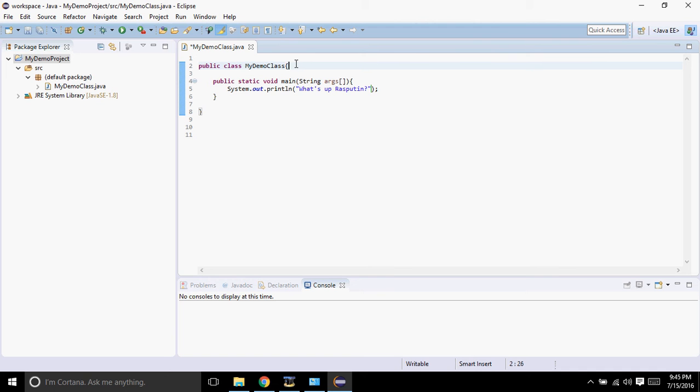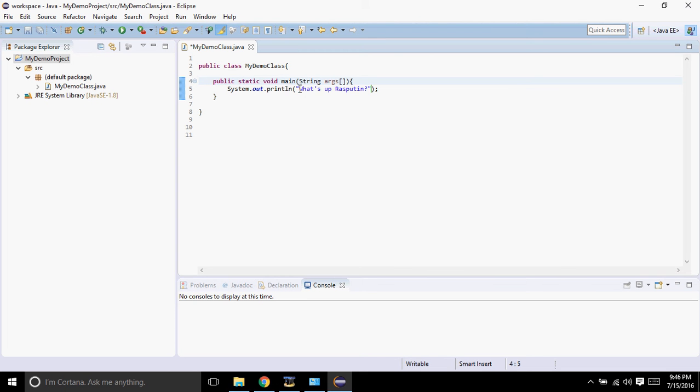This is the opening brace for the class, and this is the closing brace for the class. Inside of that class, we created a method. Not just any method, it's the main method, but don't worry, I'll go over that in more detail in the other videos. We're creating the main method on here, and you do that by typing in public static void main,